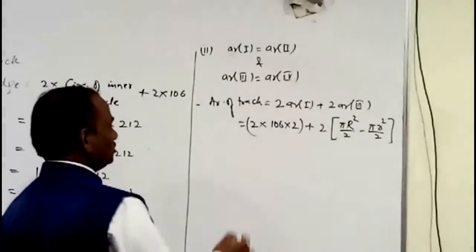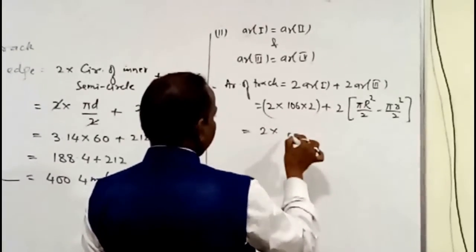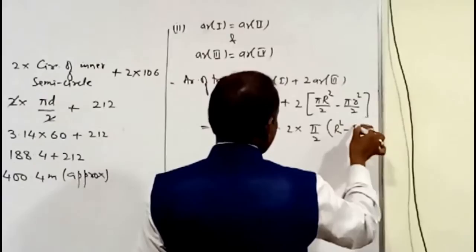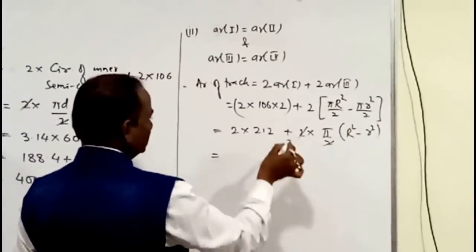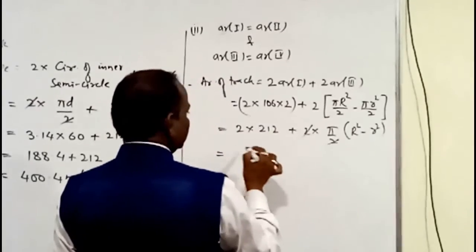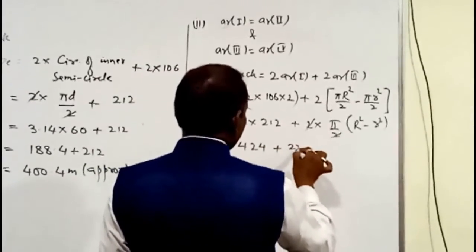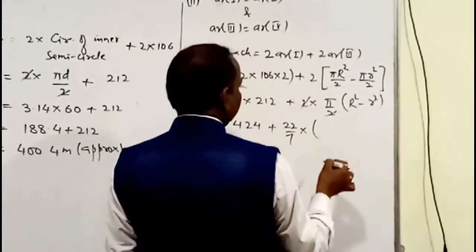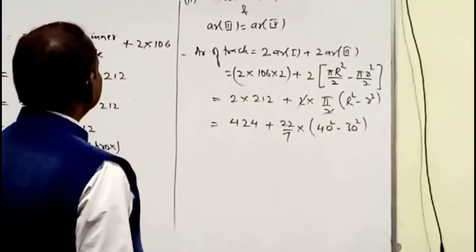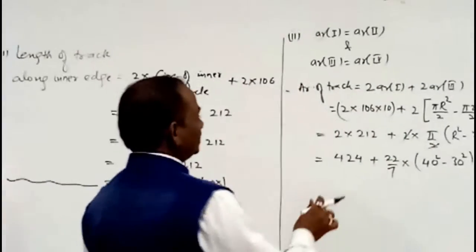अब अगर हम इनके वैल्यूज को पुट करें, कॉमन लें तो हमको कुछ मिलेगा, इसको हम मल्टीप्लाई कर देते हैं तो ये हो जाएगा 2 into this is 212 प्लस यहाँ पर हम पाई बाई 2 को कॉमन निकाल लेते हैं, ब्रैकेट में आएगा आर स्क्वायर माइनस स्मॉल आर स्क्वायर, ये 2 और ये 2 कट जाता है, दिस वी कैन दिस इज 424 प्लस यहाँ पर 22/7 इनटू यहाँ पर आप देखेंगे तो इट कम्स एज 40 स्क्वायर माइनस 30 स्क्वायर, देयर इज वन मिस्टेक, यहाँ पर 10 आएगा, लेंथ 106 है, ब्रेथ 10 है,